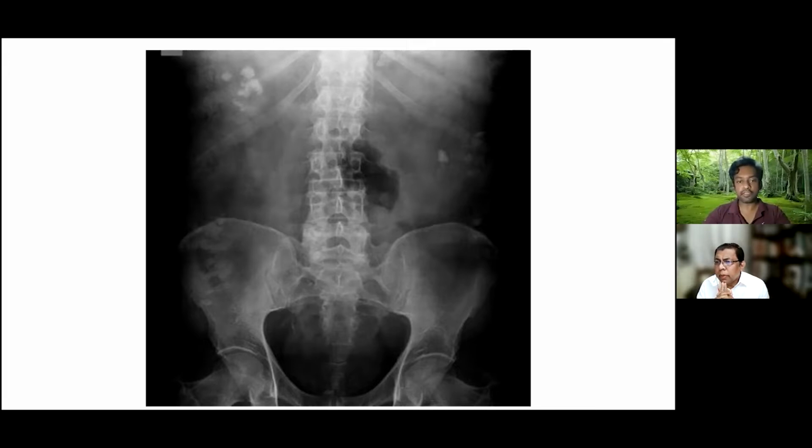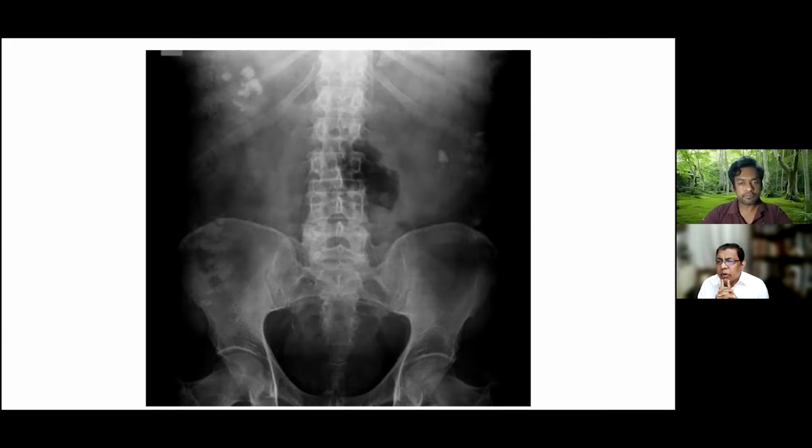I'll initially do an ultrasound scan, and with that I will decide whether there's an obstructing calculus and whether I need emergency or urgent intervention. But if I'm planning further treatment or a long-term plan, I need an idea about the renal anatomy as well as the pelvicalyceal anatomy. For that, I would request a